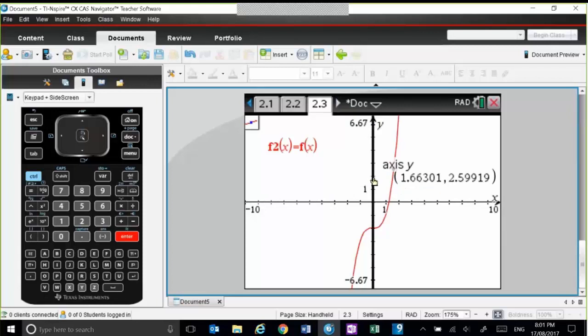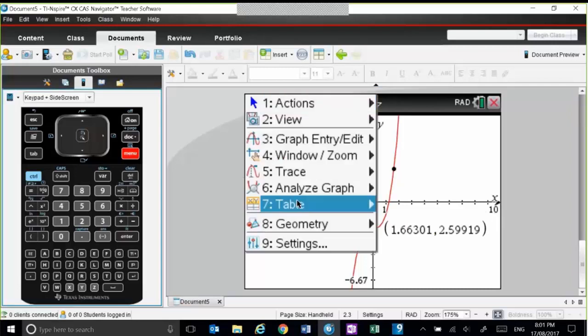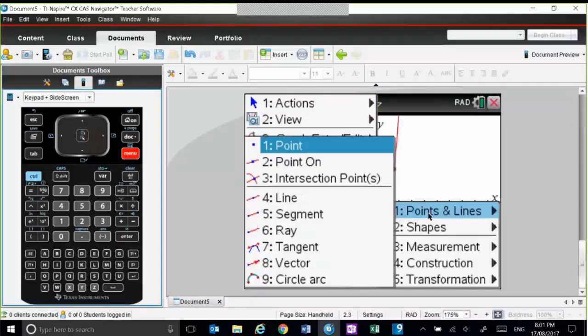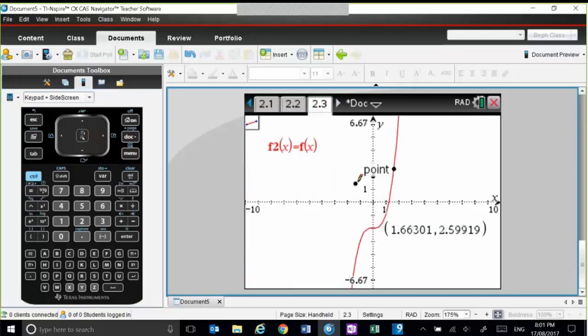I'm also going to put a point on where point A is located. Let escape. Now what I'll do is I'll join those up with a line. So geometry, points and lines, and draw a line segment joining those 2 points up. Now, if I go back to my answer on